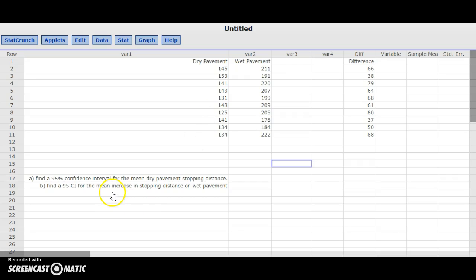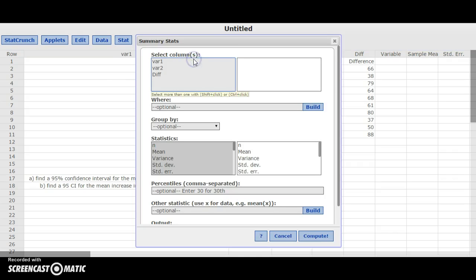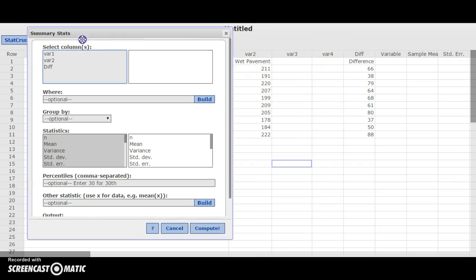So with respect to StatCrunch, first thing we're going to do is compile some descriptive statistics based on our dry pavement to answer part A. So what we can do is go into the Stat function right here, then we go to Summary Stats. It's very important that we do this by column, because all of our data is lined up by column in terms of the variable: dry pavement, wet pavement, etc. So under columns, and if you notice our options here,